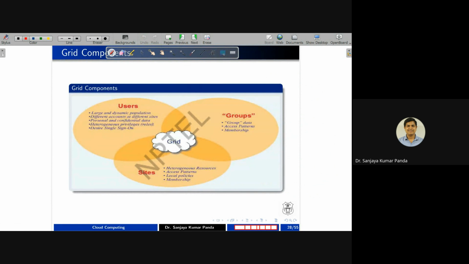Okay, so these are some of the components we can go for. As I said, the grid is heterogeneous, so we have heterogeneous resources, but in the cluster case, we will go for homogeneous resources. To form a grid, there are 3 important components. There are many communities, meaning many organizations, that are ready to donate their resources.